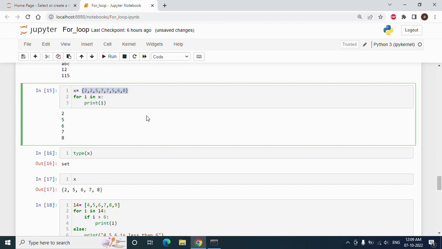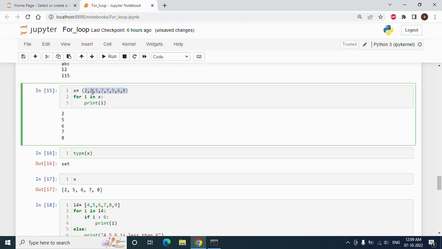It is similar to a list and dictionary, but we have curly braces. And also see the output. What is the difference? Here 22577 568, but here there is no repetition of 2 or 7, and also it